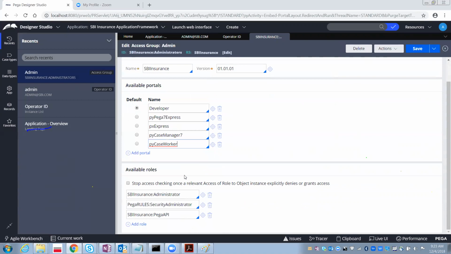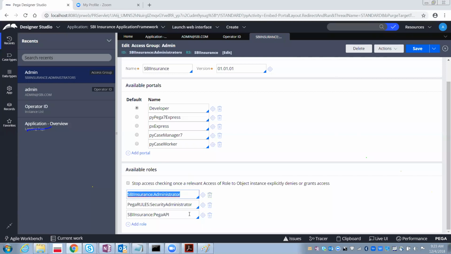Manager will be having more privileges. This admin at sbi.com will be having still more privileges. But the customer will be having very less privileges. And the shopkeeper will be having less privileges than the manager. That kind of roles we can specify in the available roles.